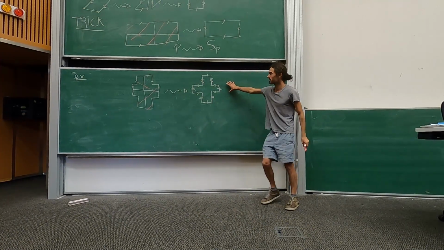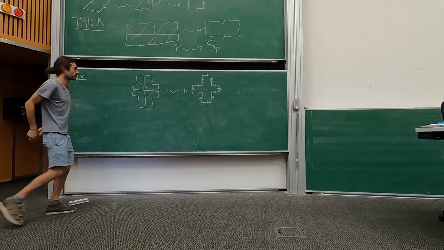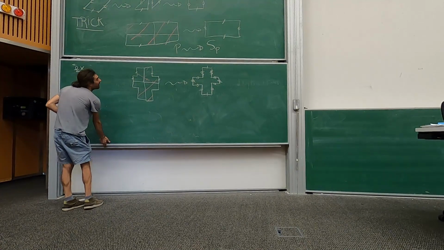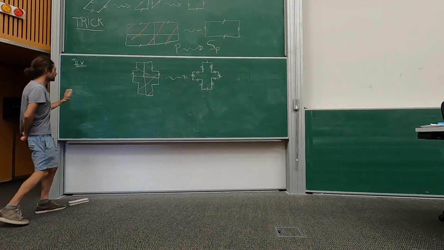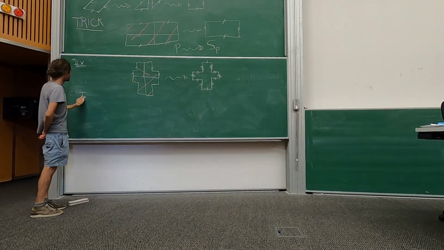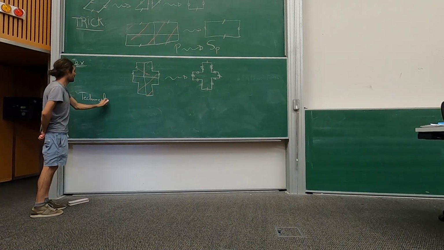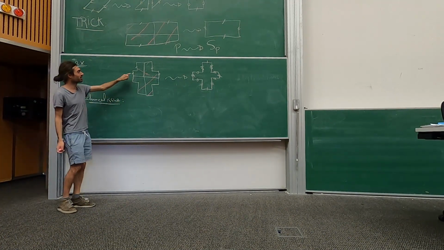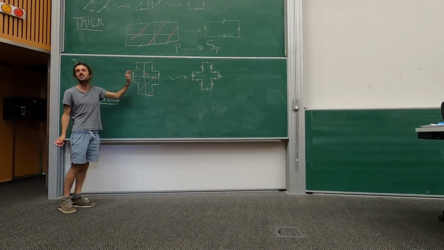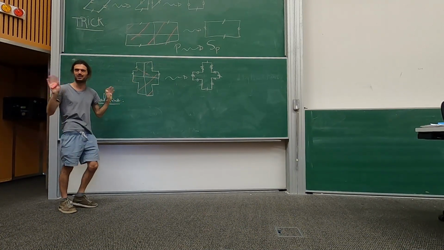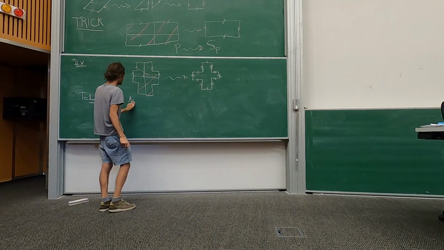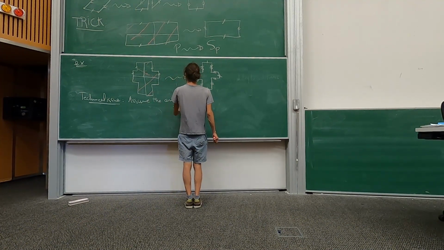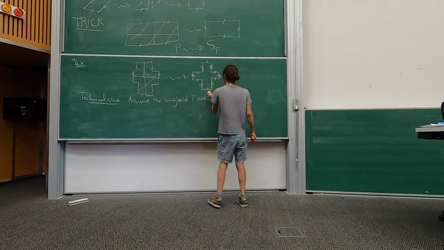Okay, so this is a translation surface associated with this billiard. And we do that in general. Just, to not lie to you, there is a technical issue with this trick, but I don't care so much. It works if the angles of the billiard are rational in degrees. Otherwise, I will have an infinite number of copies. So now we assume that the angles of P are rational numbers.